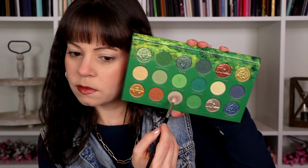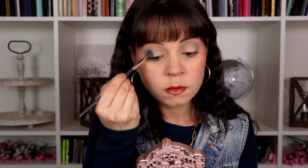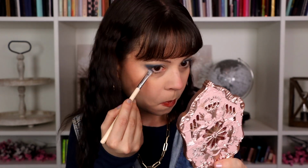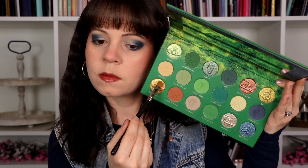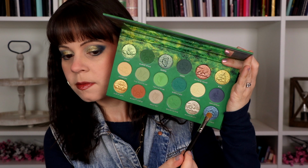Let me show you the other two looks that I've done with this palette as well. I think that both of them turned out really, really pretty. I did say earlier in the video that I felt like the first two looks I did were both kind of similar in that they both ended up being very green looks, even though I pulled in some of the blues in the first look. I do really like how they both turn out, and like I was saying also, the shimmers are so pretty, so impactful, so easy to use, just an effortless, beautiful shimmer, and it's exactly what I'm into right now. I think these are absolutely stunning, and by far the best shimmers that I've ever tried